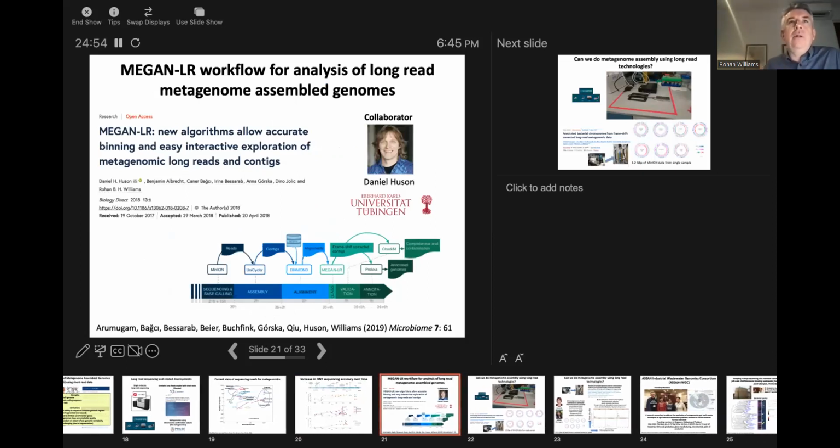And so this is a paper we did with Daniel Hussen from Tübingen, who's a longstanding colleague and collaborator of mine. And we could get these long reads from a MinION sample from metagenome samples, simple ones from enrichment reactors with probably about 100 species in them. And we could actually assemble them into contigs. And in fact, the first sequencing run we did generated a complete genome of the most abundant member in the community, which kind of stunned me. I was like, wow, this is super exciting.